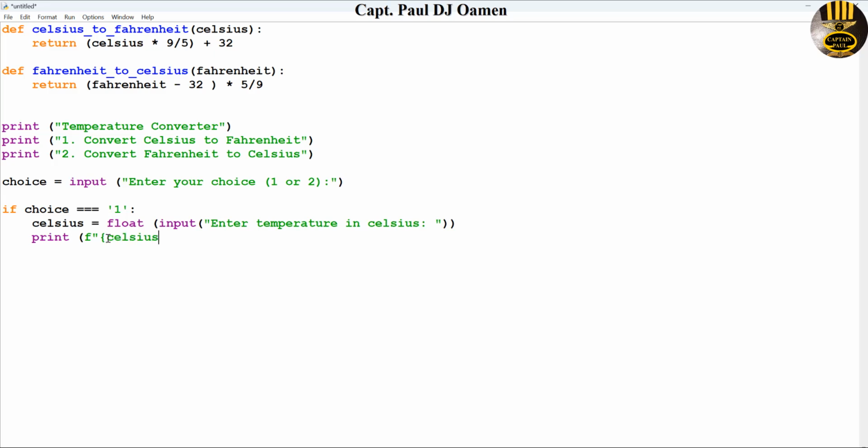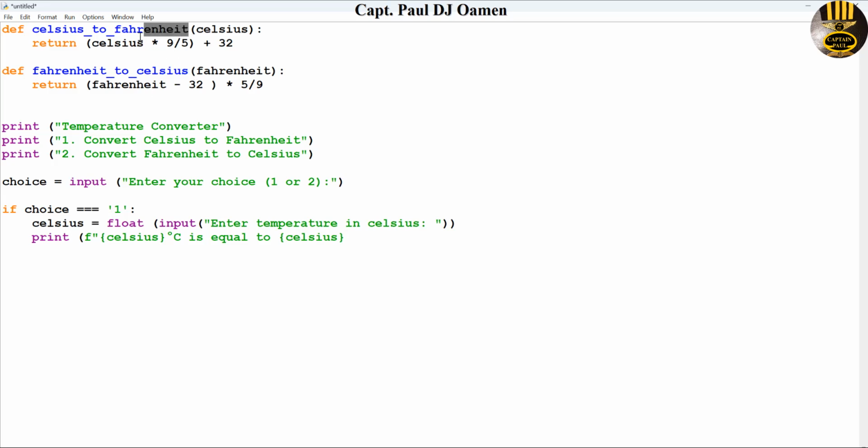Celsius in curly braces. The output is going to be, let's enter the percentage sign in there, and uppercase C is equal to, and we also need to just enter this in curly braces. That's going to be all of the functions in there. Equals to,